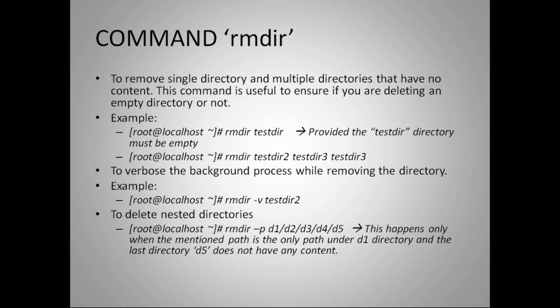If the directory has content, then you have one more command called the rm command. We are going to see that in the next slide. So the rmdir command is useful only to remove the empty directory. It removes not only a single directory, it removes multiple directories also. If you want to see the background process, to verbose the background process while removing the directory, you can use the -v option. Okay, to delete the nested directory,